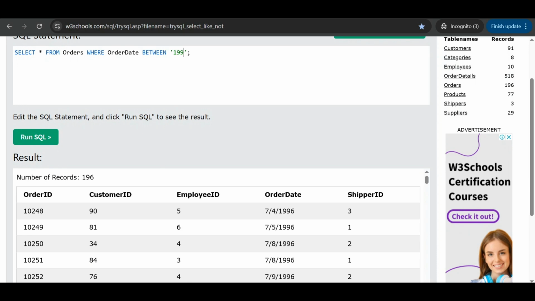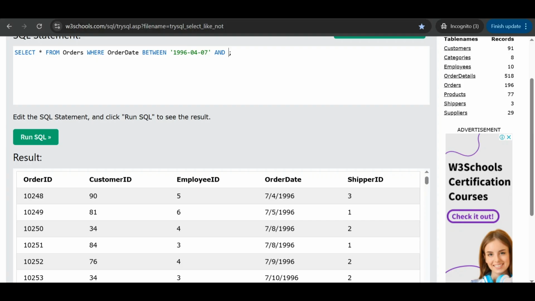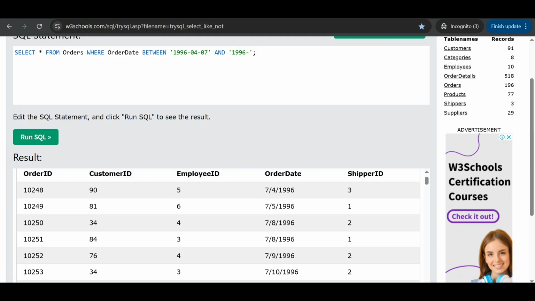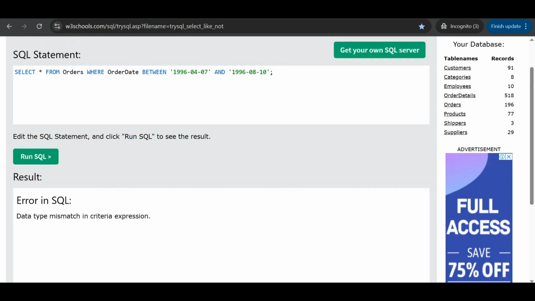Between 1996 April 7 and maybe 1996 August 10. The result is